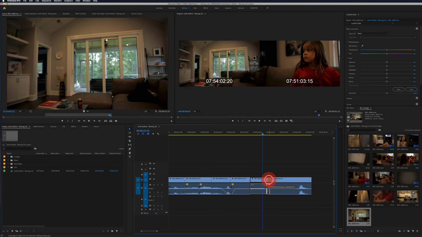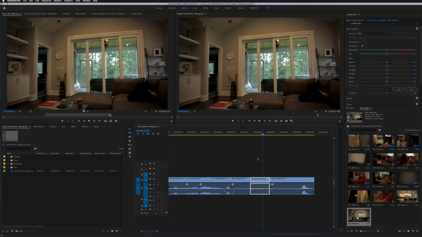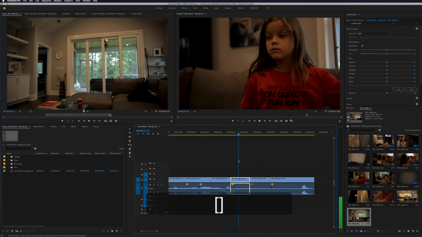Now, see those little gray numbers underneath my mouse right now? It says plus 0.00006. That's adding 6 frames. If I let go right now, I've added 6 frames. And it makes the new duration of it 1 second and 13 frames. So I'm actually going to go back to make it 1 second and 12 frames, which at 24 frames a second, that's actually 1.5 seconds. So she does a look there,